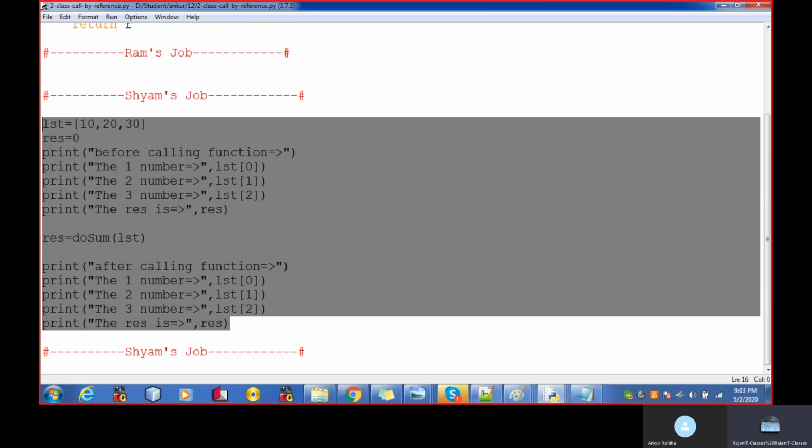So this concept is known as call by reference. What we discussed so far are two types of concepts. One is call by value. Second is call by reference. Your normal variable implements the call by value concept, and your array variable implements the call by reference concept. In call by value, the changes happened with the original parameters are not reflected back to the calling function. But in call by reference, the changes happened with the original parameters are reflected back to the calling function. Right? Yes, sir.